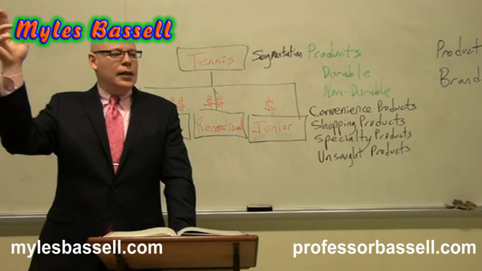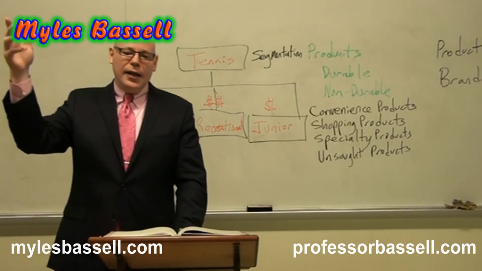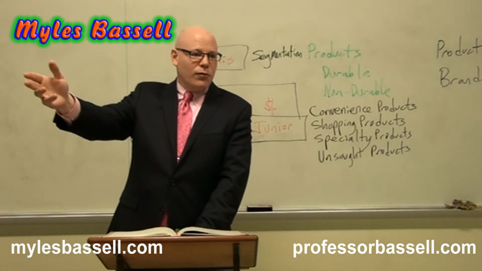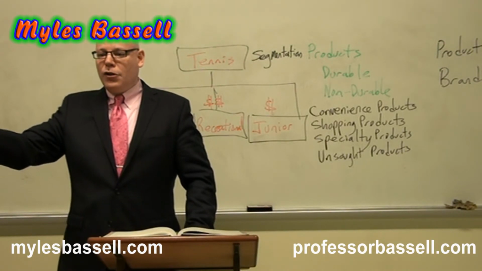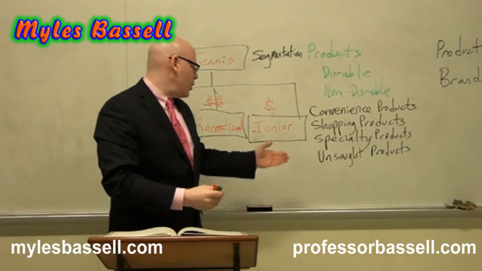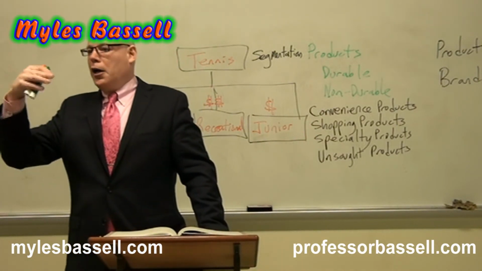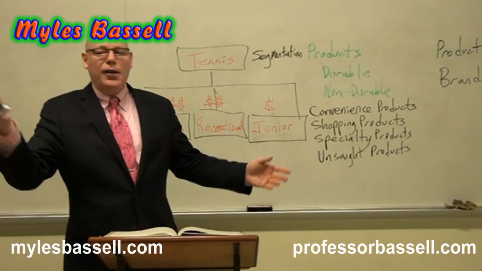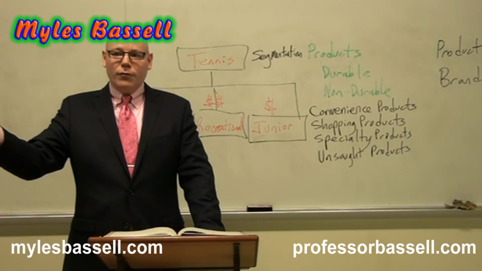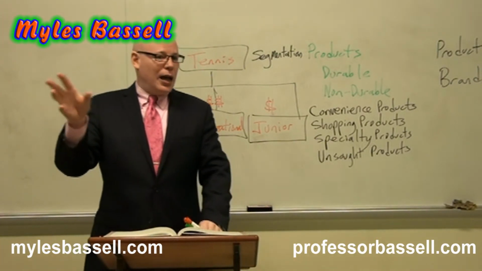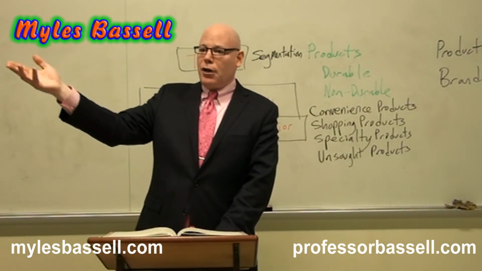So we might sell in discount stores. We're also going to sell in sporting goods stores. In some cases, we might sell in department stores. You might even find maybe these junior rackets in convenience stores. In some cases, you might find these products in wholesale clubs. But certainly, there's got to be an alignment between our price and the channel in which we sell the product.